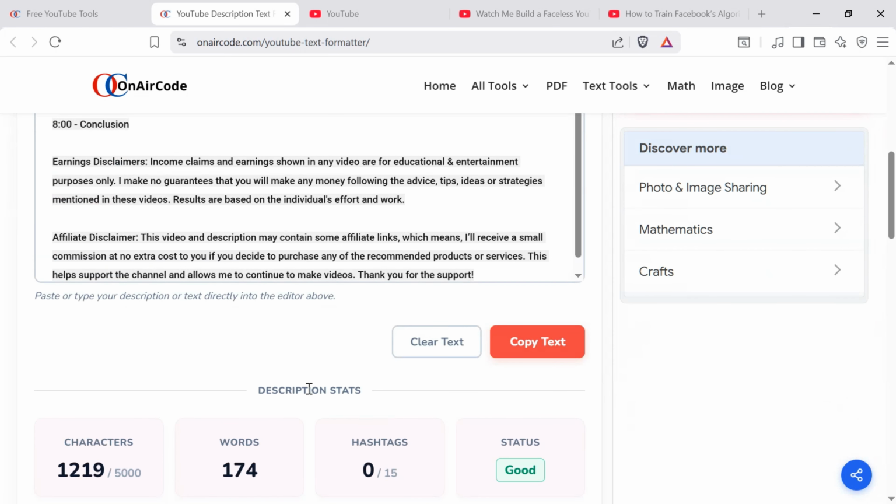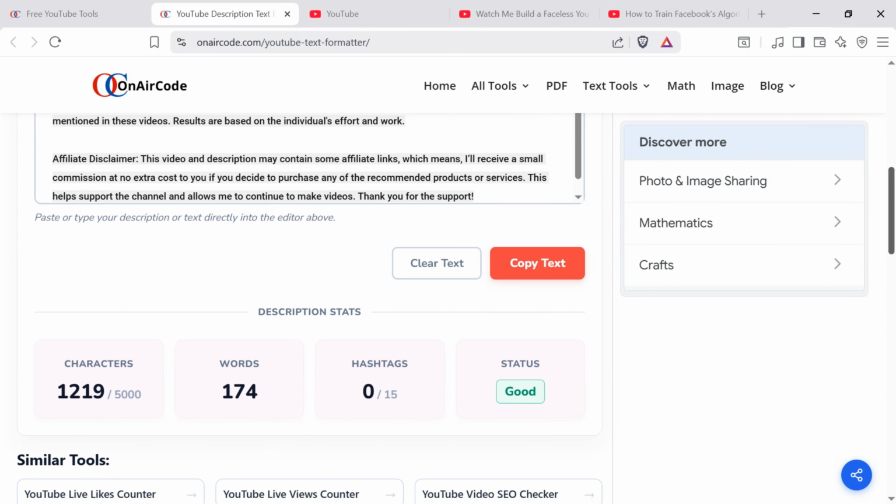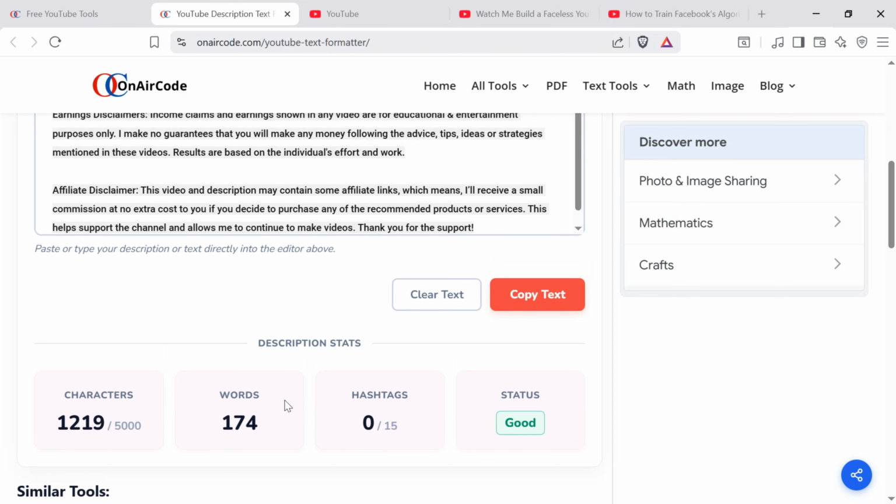If you look right below the text editor, you'll see a real-time description stats panel. It automatically tracks your character count out of YouTube's 5,000 character limit, total word count, hashtag count out of 15, and overall editor status. Once your description is formatted and ready, simply click the red Copy Text button to